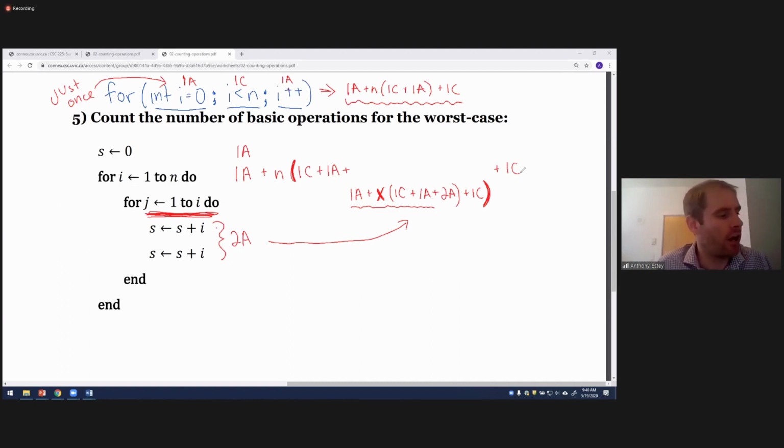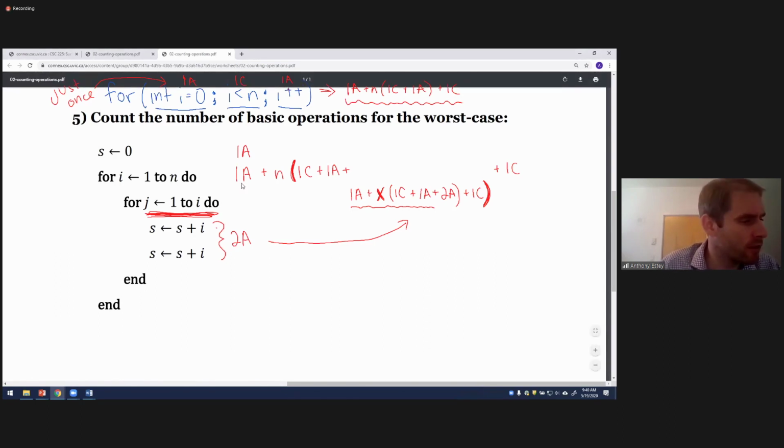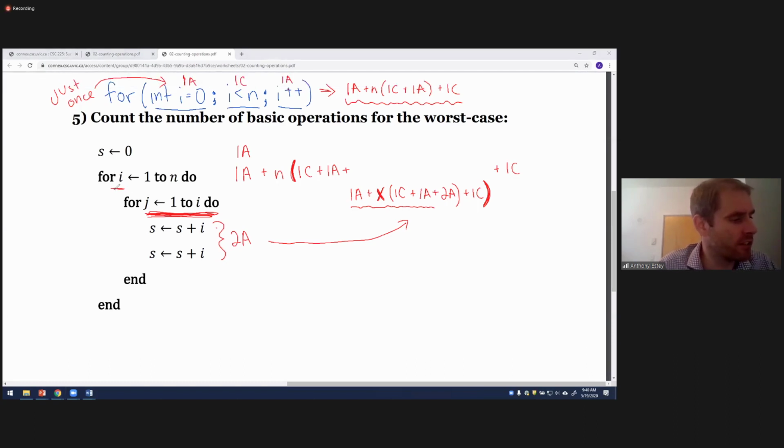Again, we've got our initial for loop here, which has a single assignment, and then it's got n condition plus assignments. Then inside the inner for loop, we've got a single assignment to set j equal to 1, and then we're going to loop through the inner for loop x times. We're going to have to think about what that x is later, but for each one of those, we're